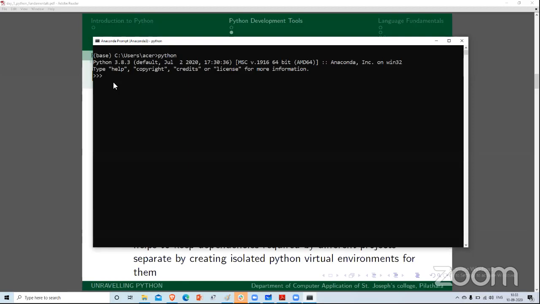Actually, if you're typing simply Python, it will automatically take whichever version is available. If Python 2 is available, it will be taken; if Python 3 is available, it will be used. And if you need to specify that Python 3 be used, you can simply write Python 3. So currently we are in the Python environment now.